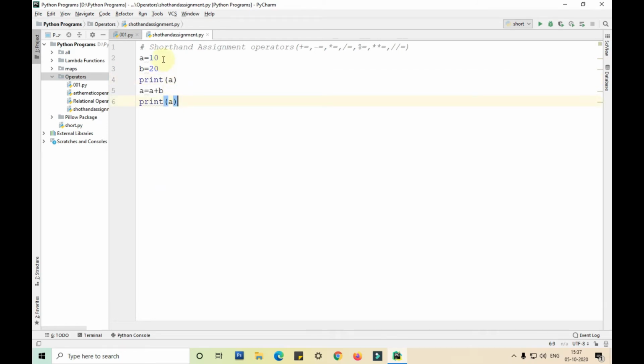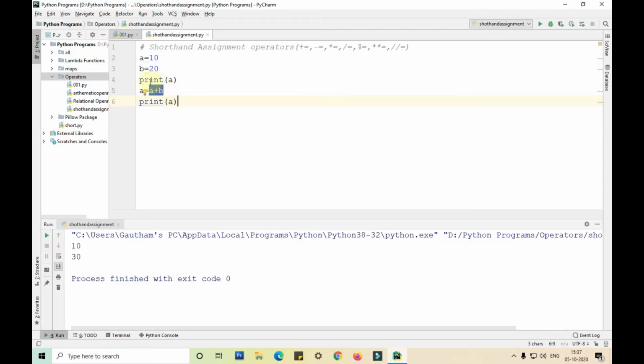So here what I'm doing is I'm assigning two different values to a and b. I'm printing a, that is 10. I'm adding the sum of a and b, assigning that to a again, and printing a again. So let me run this and show you the output. So first the value of a is 10 and second the value of a is 30 here.